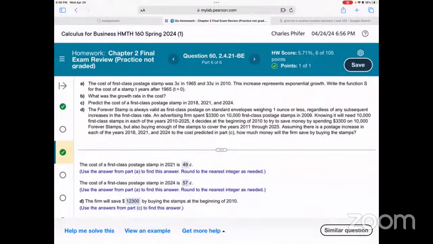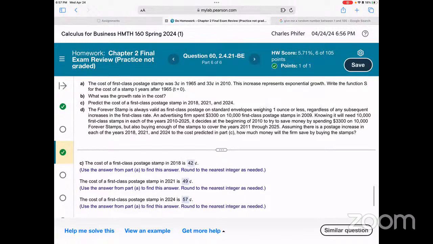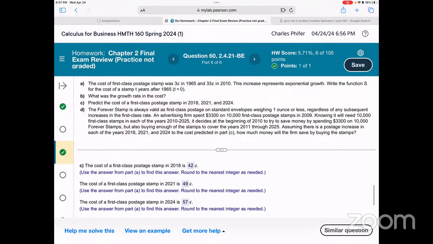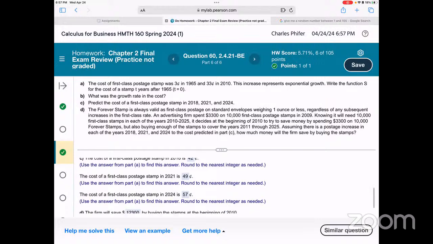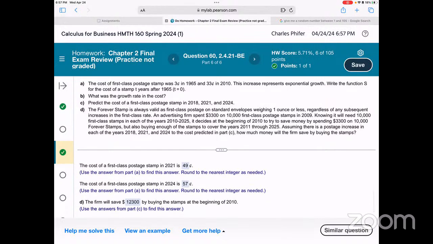We realized that the first 7 years was the lower rate of the 33 cent, the 3,300. And then starting in the year 2018, for the next 3 years, it costs 4,200, right? 10,000 times 42 cents to give us 4,200 for each year. And then the next set of 3 years was 4,900, and the final 2 years, right, was 5,700, right?